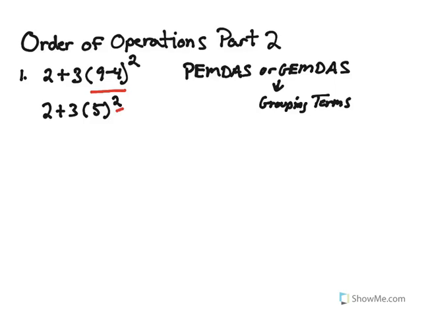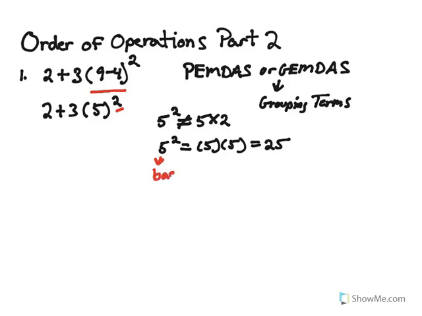Remember, 5 squared does not equal 5 times 2. However, it does equal 5 times 5, which will give me 25. So remember that this is the base, okay, and the 2 is the exponent. So the exponent tells you the number of times you multiply the base itself, which is going to be 2 times, okay? So the problem now is simplified to